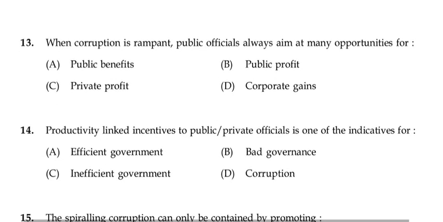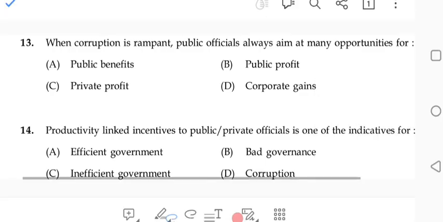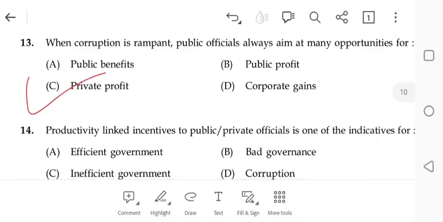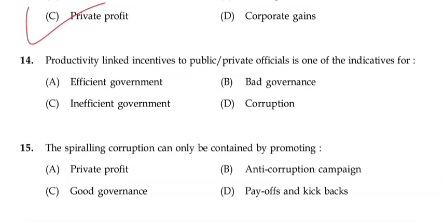13 says, when corruption is rampant, public officials always aim at many opportunities for what? Public benefits, public profit, private profit, corporate gains. 13. It will be C, that is private profit. 14. Productivity linked incentives to public or private officials is one of the indicators for what? Efficient government, bad governance, inefficient government, corruption. It will be A, that is